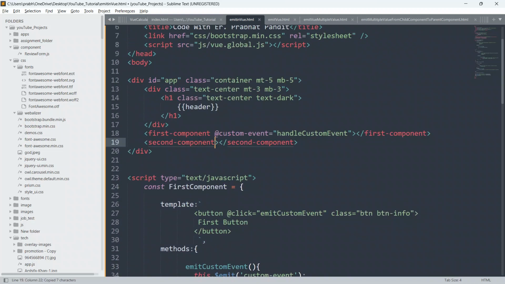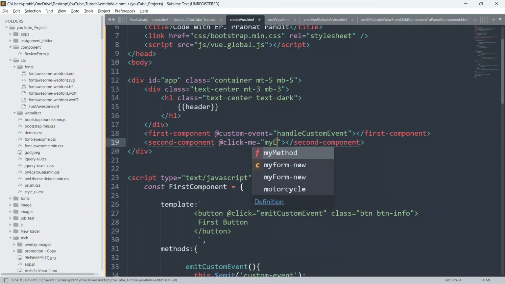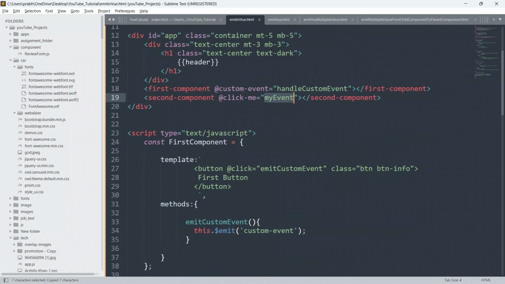So I'll just say here at the rate, put this, and just give here a hyphen also, and put here a small m, and we will just define one method here. So I'll just say here my event. Okay, my event.